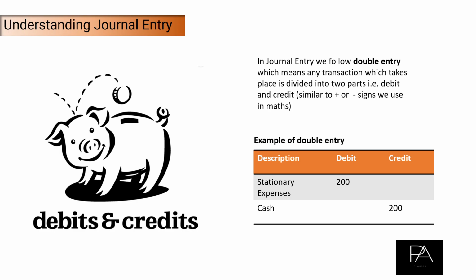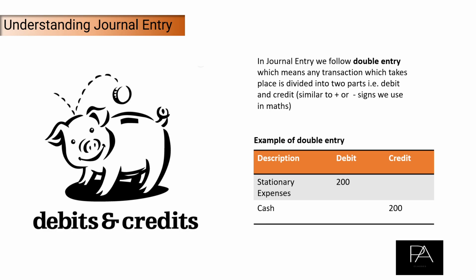So when you're buying a pen and you are giving money, two things are involved in a transaction, which is double entry. The two important other terms related to journal entries are debits and credits. Whenever these two parts of a transaction take place, remember that one will be debit and the other will be credit. We may have more than one debit, we may have more than one credit in a transaction, but we'll understand that in a later slide.